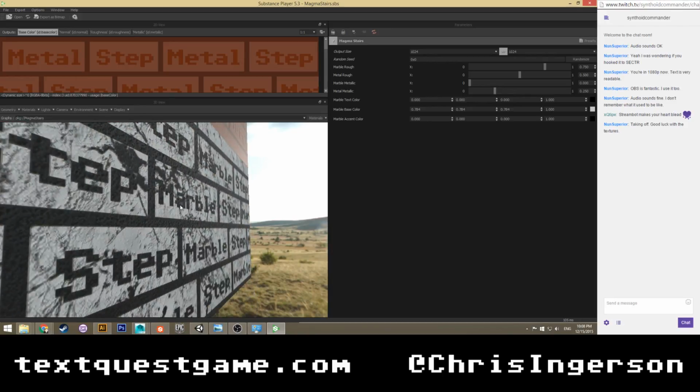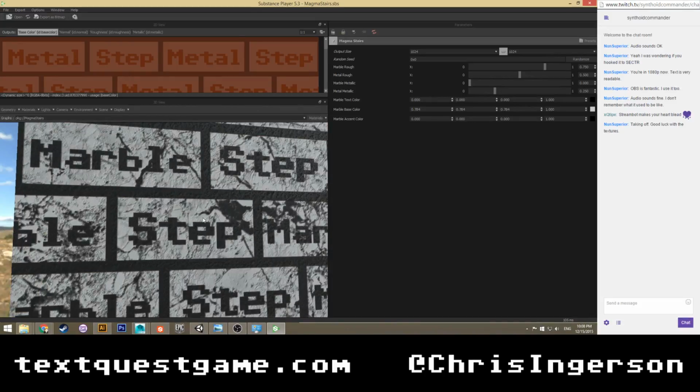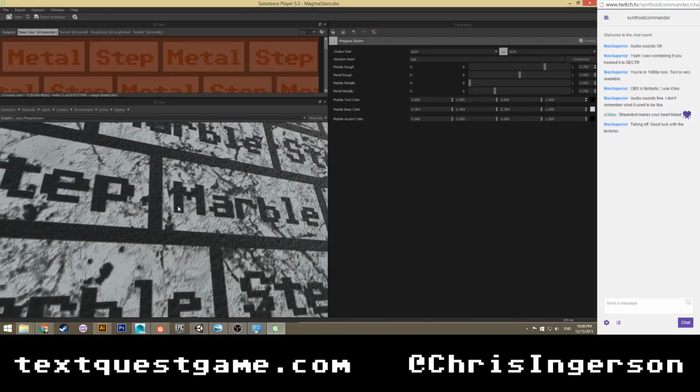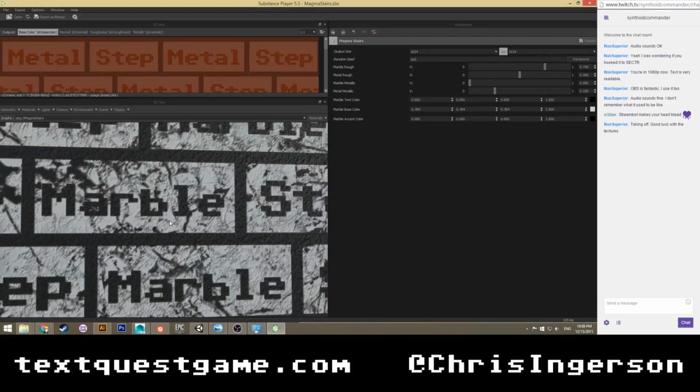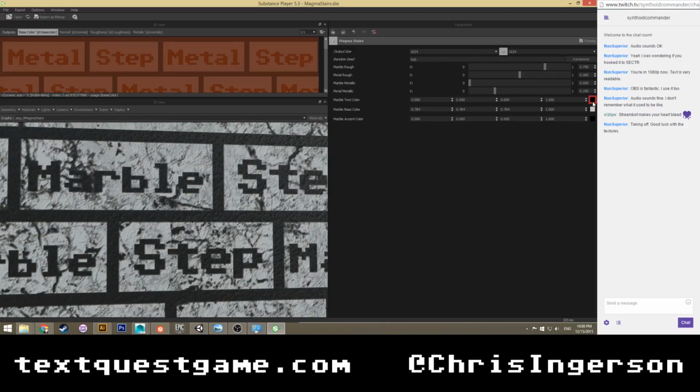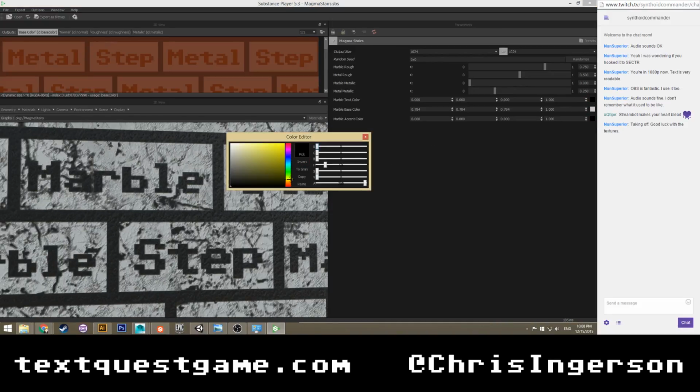Okay. And I just look at our marble. It's pretty good. Nothing terrible. It looks a little rough, but I think that's just because of the color choice. I think we could change it around. Let's make our text color a little bit more yellowish. Oh dear. Really?